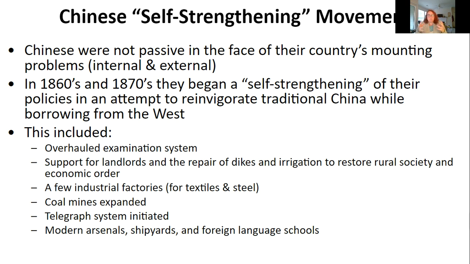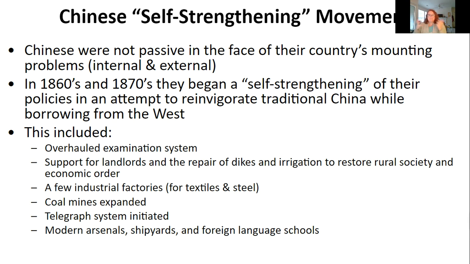They took pieces of European industrialization and created their own form. And that's essentially what China begins to do in this self-strengthening movement. So the Chinese were not passive when it came to losing the Opium Wars. They were not passive in the face of their country's mounting problems, both internally and externally. In the 1860s and 1870s, they began this quote unquote self-strengthening of their policies in order to reinvigorate traditional China